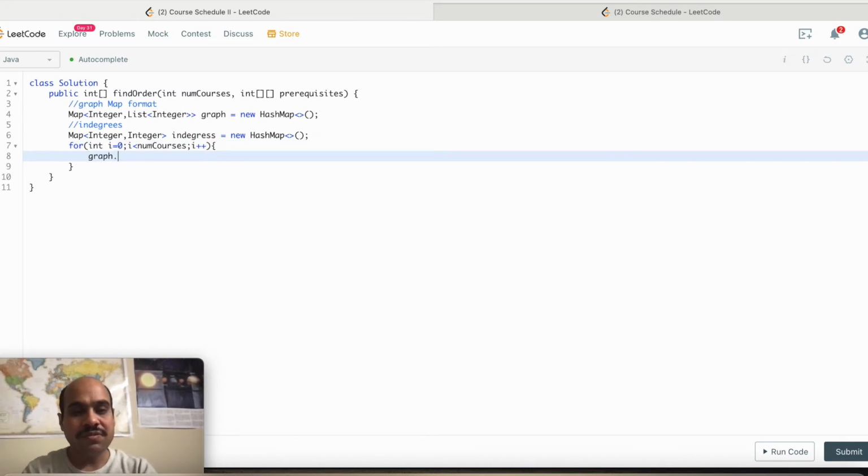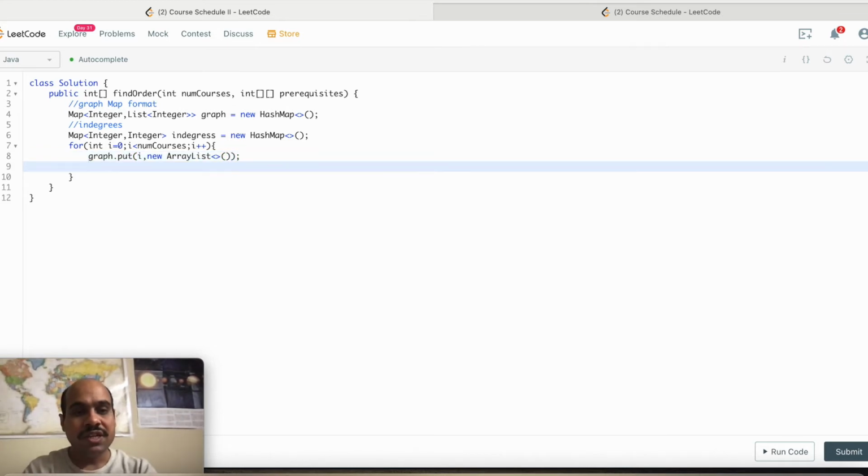So graph dot put i, initially it will be empty because we need the prerequisite array to populate it. So for now let's put empty over here, and at the same time in degrees we can put 0 for all the nodes. So these are two initializations.